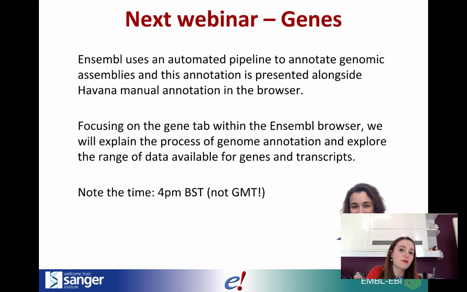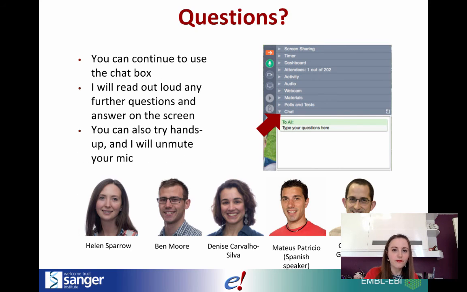And she'll also take you through the Gene tab, which will show you the range of data that you can get. Those of you who are tuning in live, please note the time. Our daylight savings time is taking place this weekend, so if you've already had your daylight savings time or you're not having a daylight saving time, please do take note that next week's webinar will be an hour earlier than this one, and all of them will also be at that particular time.